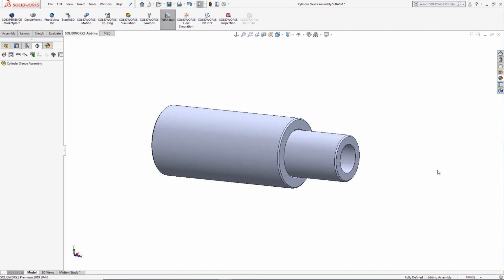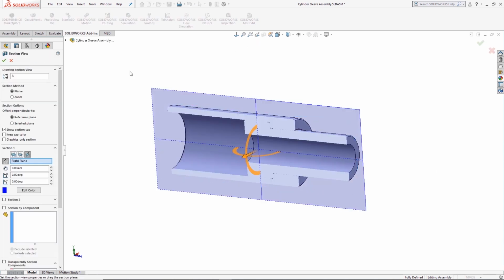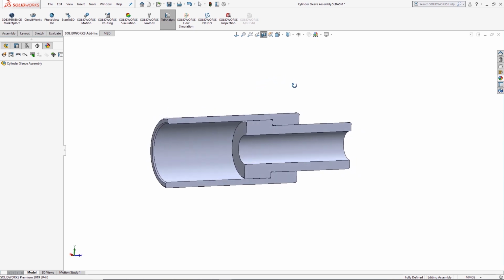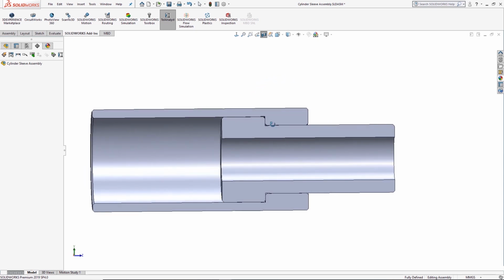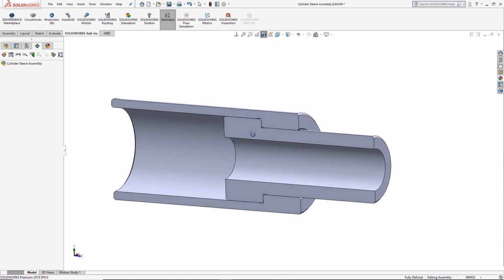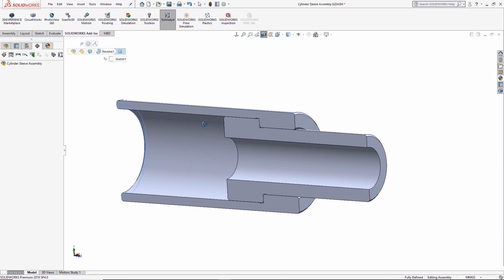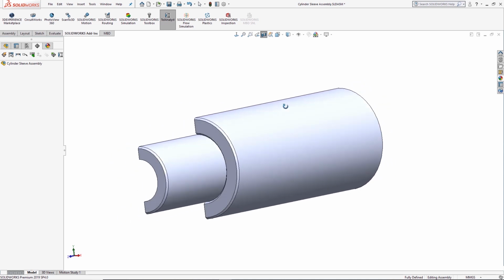To start with, we're going to take you through 2 different examples. The first one being quite a simple sleeve. If I just quickly do a section view, we'll explain what we're going to do in this particular one. In this case, there's a small lip that joins these 2 components together. What I want to know is the tolerance gap from one end to another. At the minute, these have all been made to their nominal sizes.